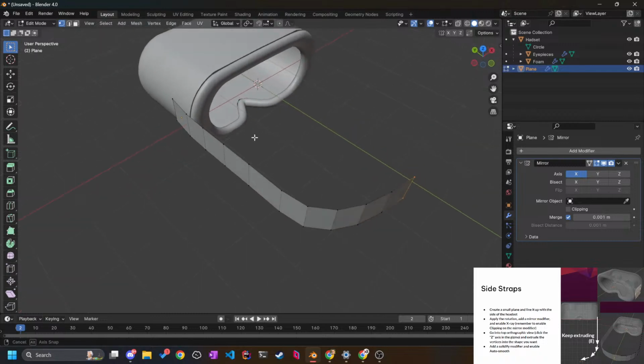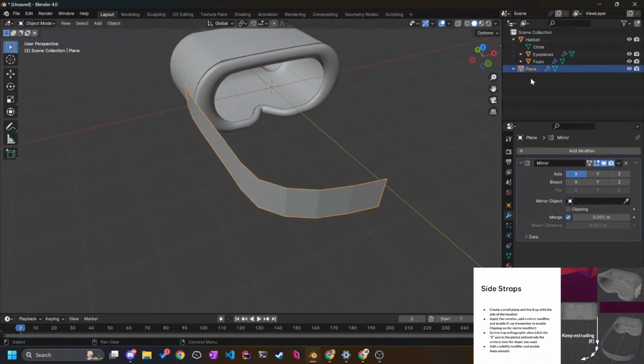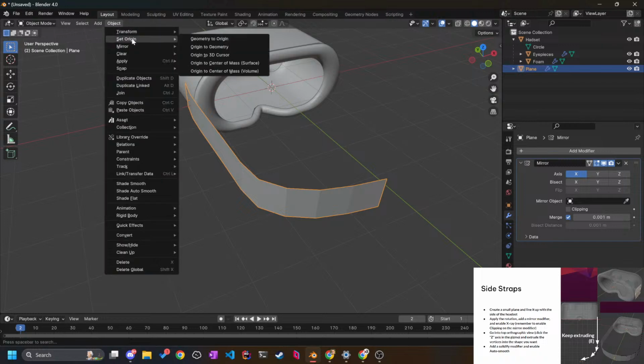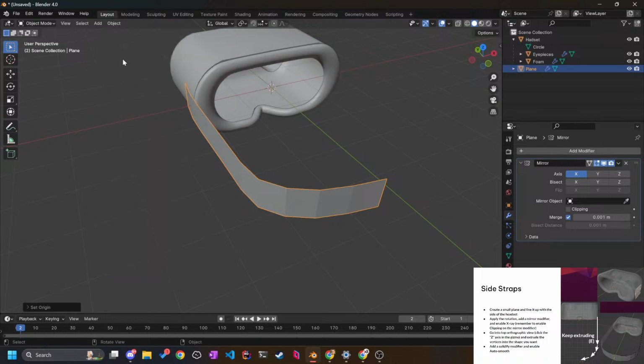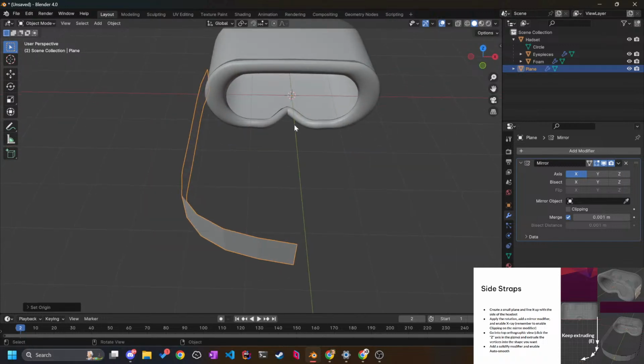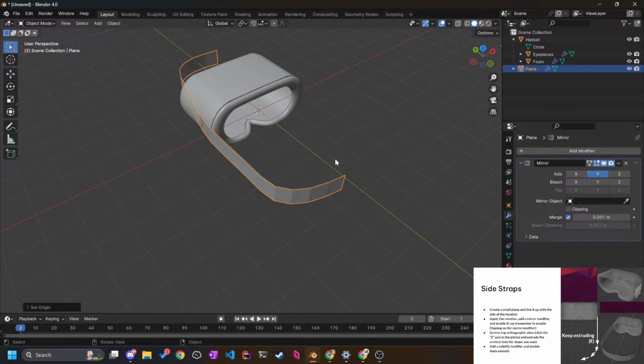Thankfully, there is a way to fix this. If we click on this object, Set Origin to 3D Cursor, and since we never moved the 3D cursor, it's still at the origin. And so that will set the object's origin to be the world origin, which is what we want. And then when we mirror along the Z axis,